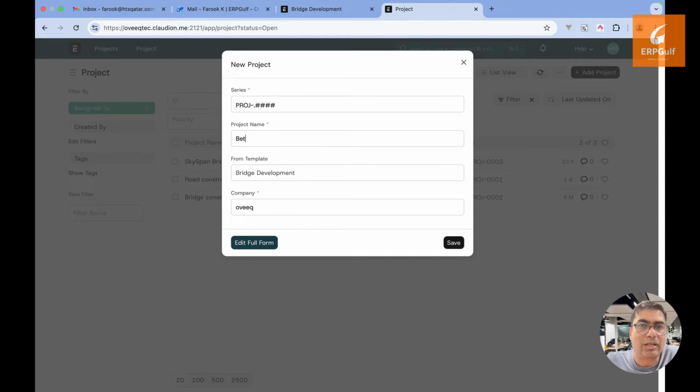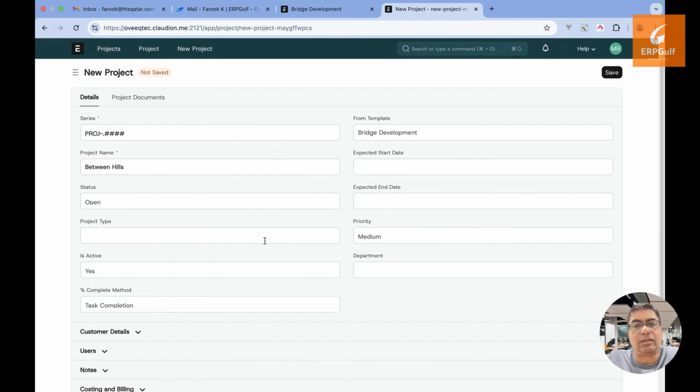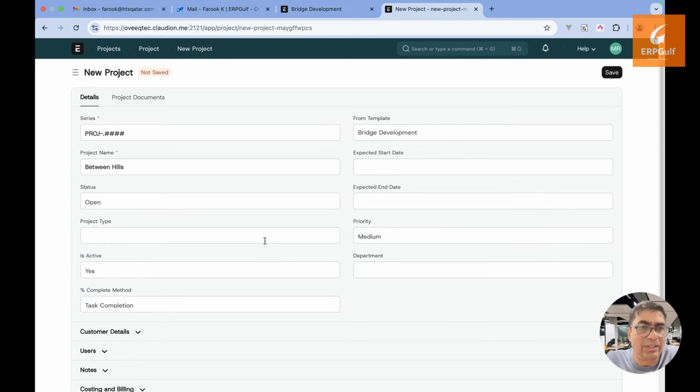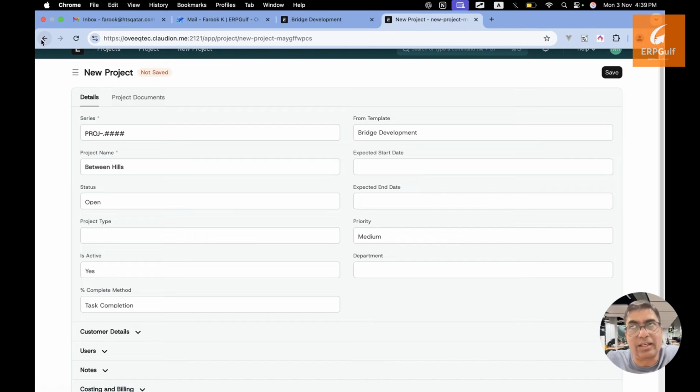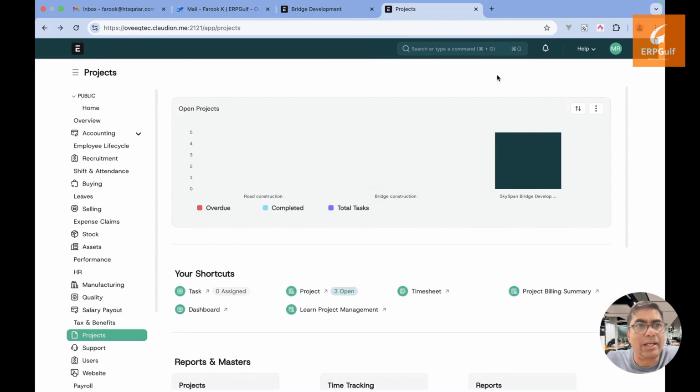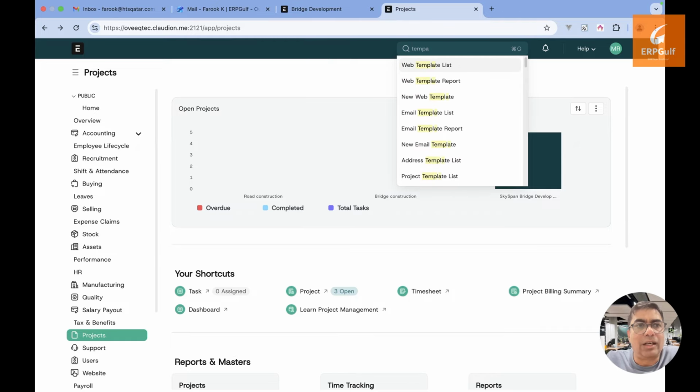Only thing is you are creating a new bridge between some hills or something like that. So you will just define the project and give the details of that bridge, but the template will be the same, the tasks will be the same. Of course, you can change the tasks, the dates, the priorities, etc., but keeping a template